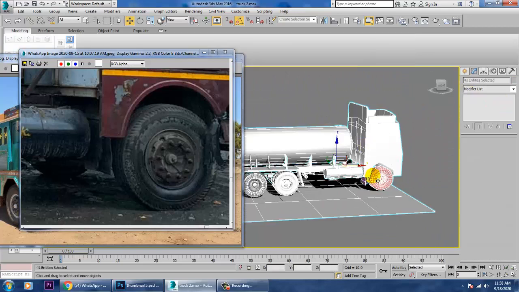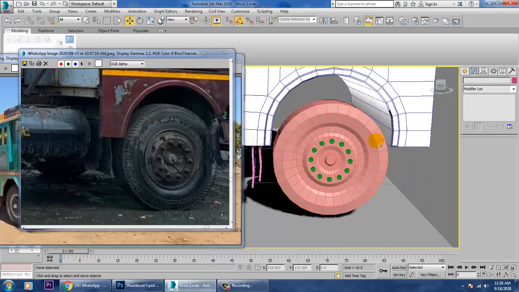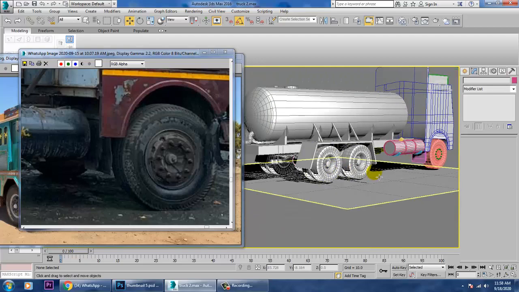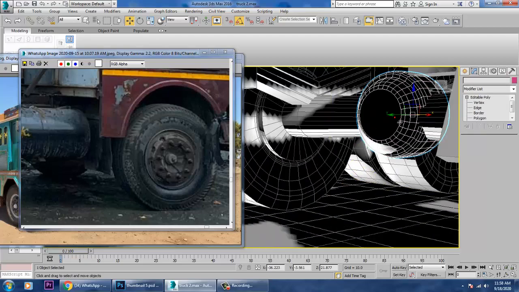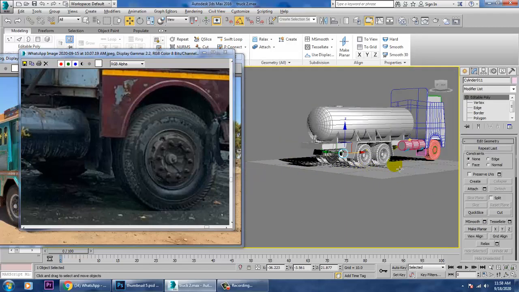So select this. Now after doing this, we'll be duplicating this if it is required, but this won't come over here.